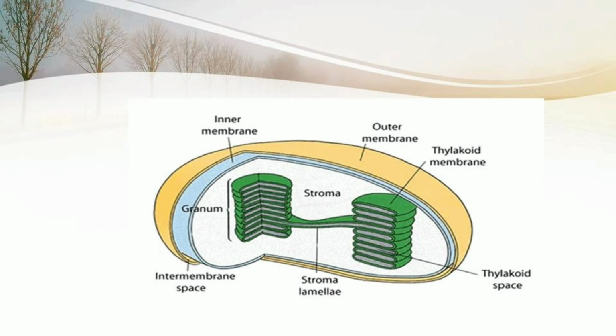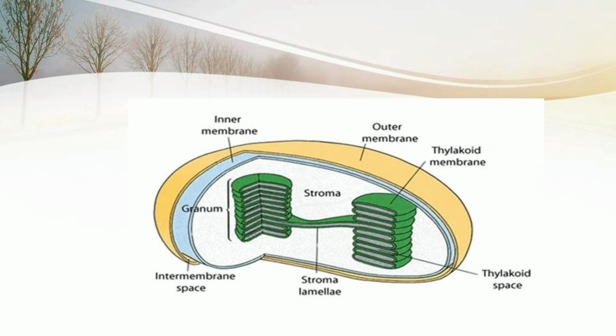In the chloroplast, there are thylakoids. If you look at the structure, we have the outer thylakoid membrane and the inner membrane. The space inside, we call the lumen. Inside the inner membrane of the thylakoid, there is a part where water molecules are split, that is, photolysis of water takes place.